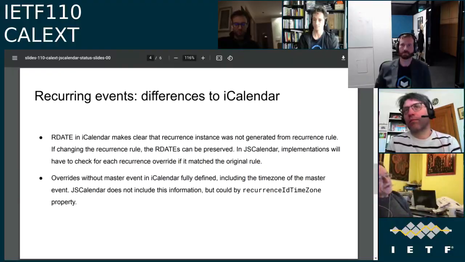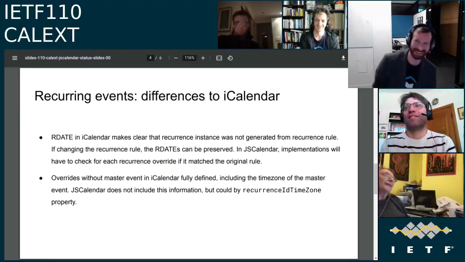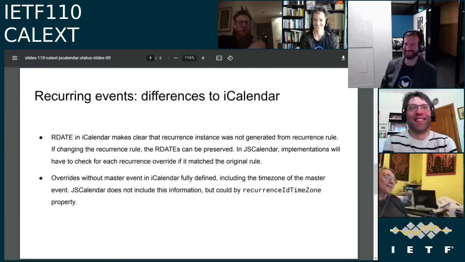But you can't without it in iCalendar. The time zone is explicitly set on the recurrence ID, so that's not a problem. In JS Calendar, there isn't an explicit time zone ID for the recurrence ID. It's just the start location and the end location. So we need a third time zone ID, which is the recurrence ID. If we just delay this until TC39's date time is done, then we'll have date times that have time zones in them, and we could use them as the keys. No, stop it, Rob.